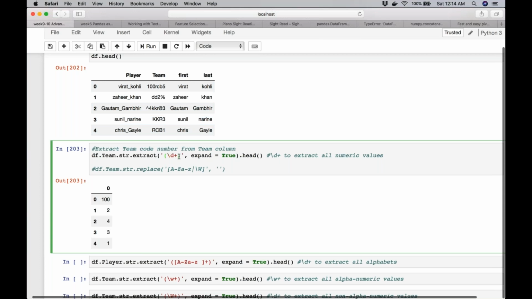So for this case, 100 RCB5, it's more a case of backslash d plus, and then you can even use dot star, that's not a problem, and then another capture group with backslash d plus. Why are we using plus here? Because if there is no number, then it's fine, it will ignore that. Oh sorry, it has to actually capture at least one.